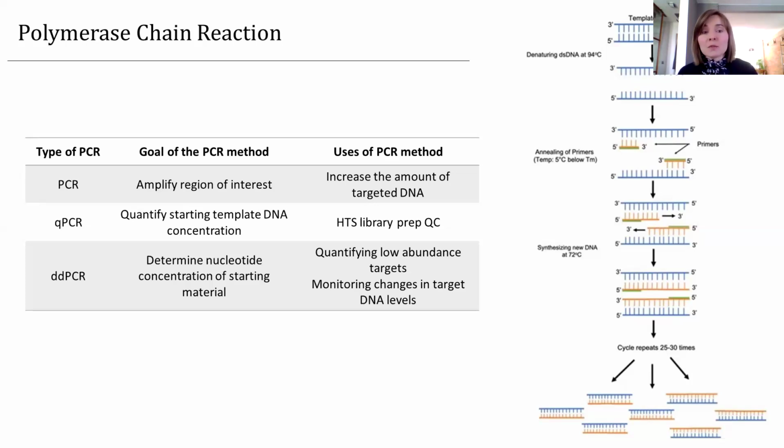There are different types of PCRs. They can be just, say, simple PCR, which basically is used to increase the amount of DNA of the targeted group of organisms. There are so-called qPCR, quantitative PCR, which is used mainly for preparing the sample for sequencing, to quantify the samples. And also a very interesting approach, digital droplet PCR, which can target even a single species and can show you the number of DNA copies. So you can also somehow trace the abundance of the species just based on PCR results.